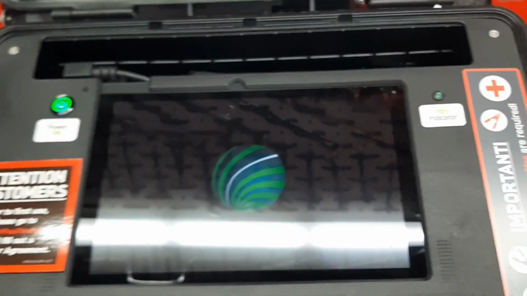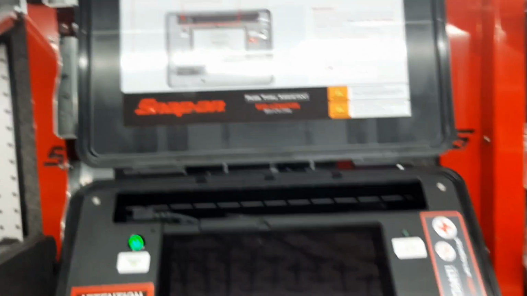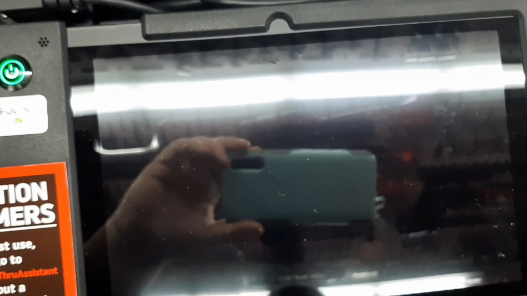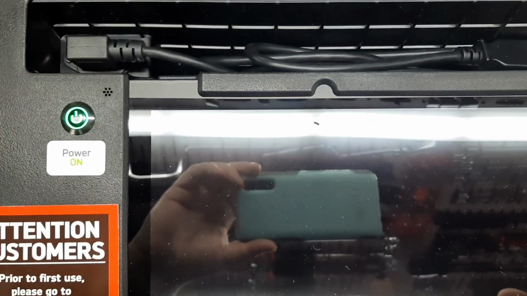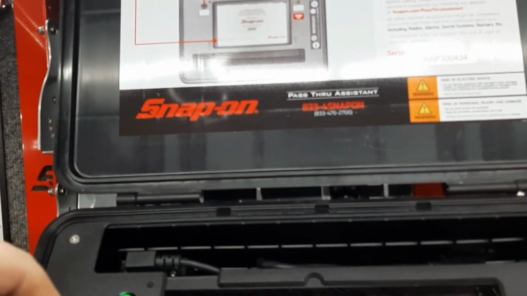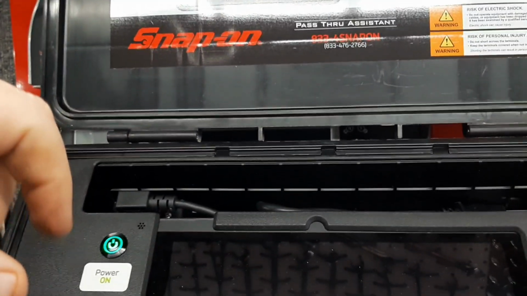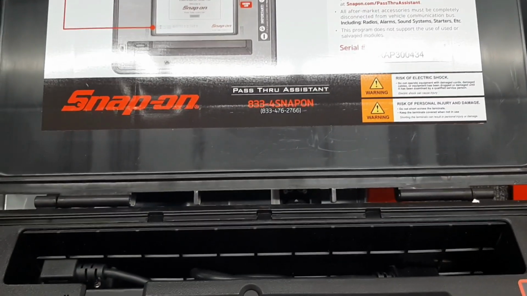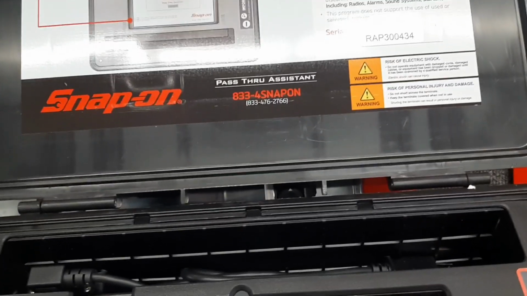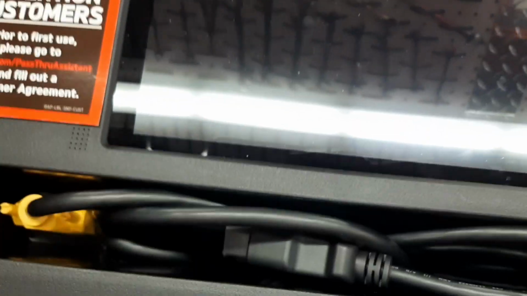Okay. Charge $100 for programming. It's not a very good deal. You'll never make your money back because you're charging Snap-on's getting $125. No, they need to be charging $250, $300 anyway. Let's see what this does here. It's cool. It's got its own power source, 110 volt indicator. I had not even heard about this. Schedule an appointment. Oh, so you have to schedule an appointment with your pass-through assistant. Mm-hmm. Okay. They call you back when your schedule is. Power up. Make sure the car's on and takes several minutes. Oh, it takes several minutes to upload. We're not going to do that. Oh boy. Several minutes to upload. Well, so,